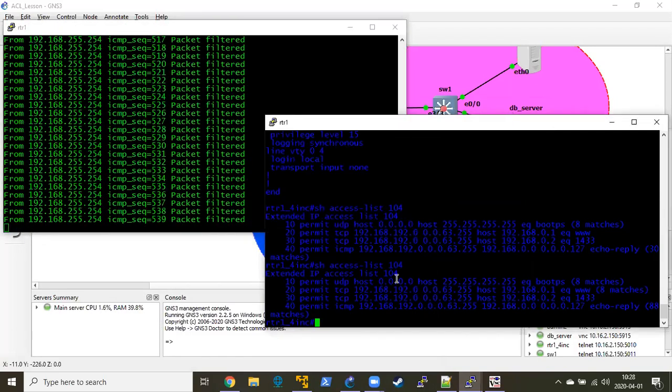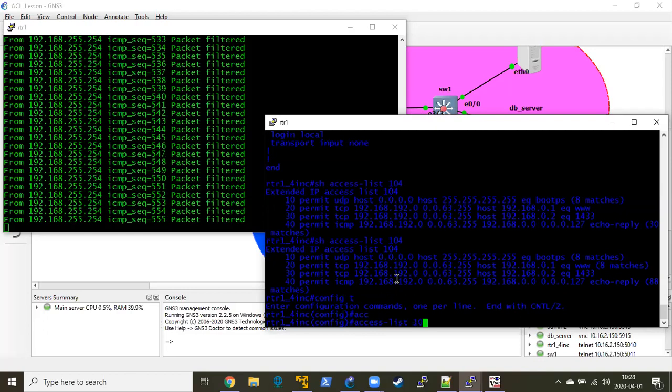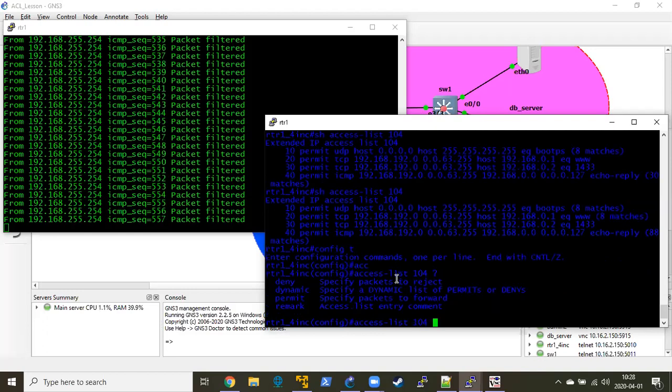Okay, what I'm going to do is go into this access list, config t. Now here's the problem. This is a numbered access list, and I don't know of any way to get into the line number. If I do access list 104, I can't do a line number here. This is where I would like to do it, but I can't. So what I'm going to have to do is, I could just put it right at the end anyway. So if I do permit